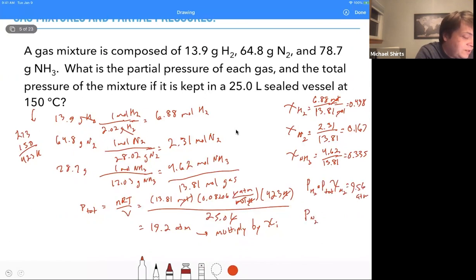Partial pressure of N2 is equal to P tot times mole fraction of N2 equals 3.21 atmospheres. And the partial pressure of NH3, P tot times mole fraction NH3, is equal to 6.43. And if we add those up, you plug it into a calculator, you'll see it does indeed add up to